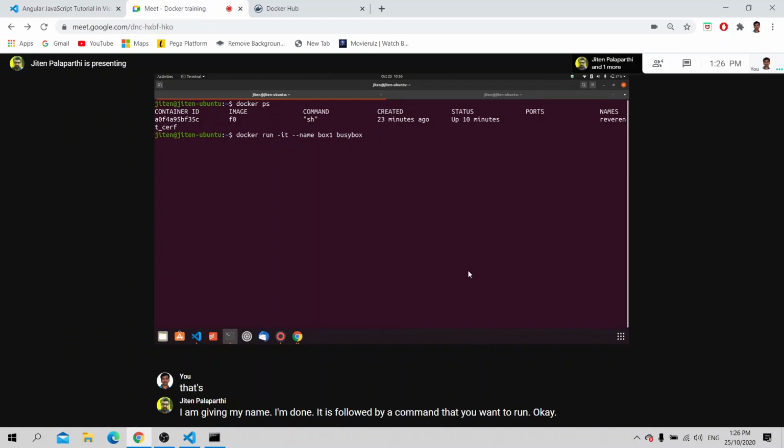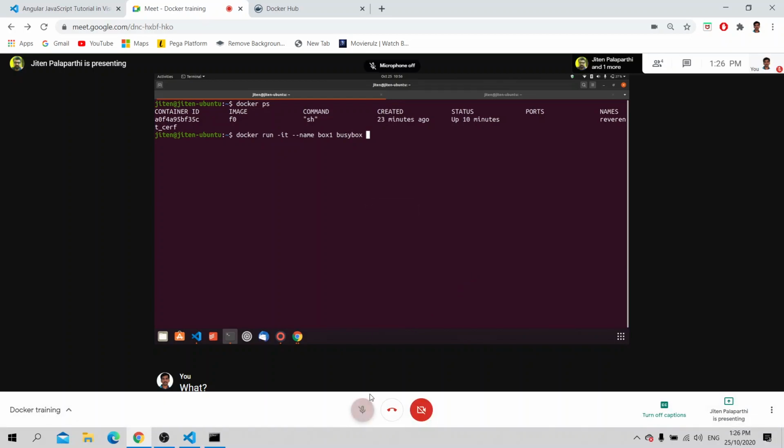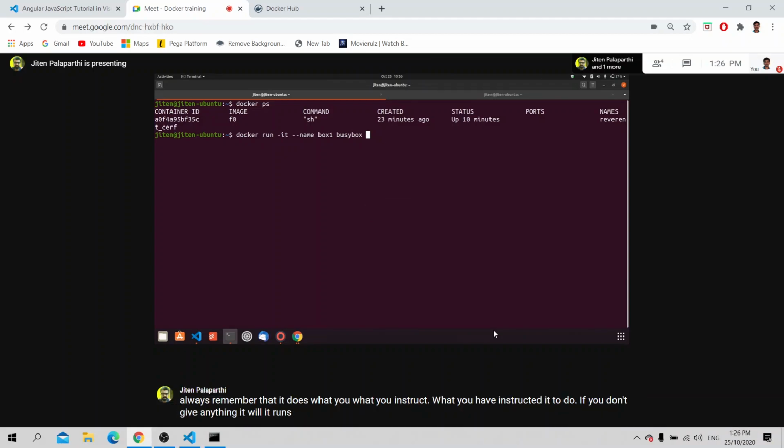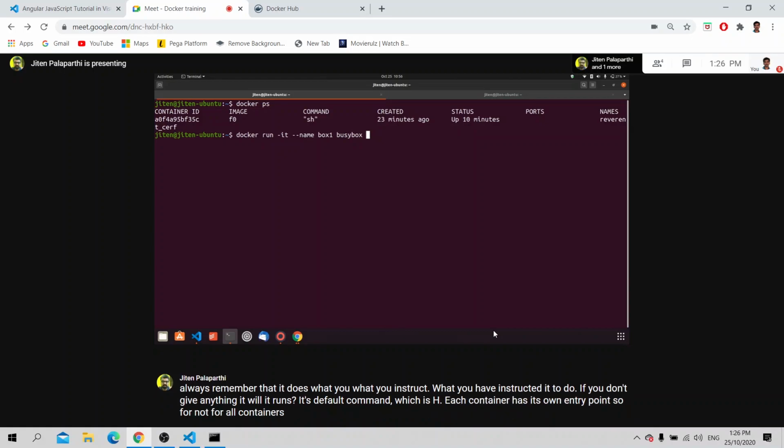Always remember that it does what you have instructed it to do. If you don't give anything, it runs its default command, which is sh. Each container has its own entry point, so not all containers use sh. For this particular BusyBox it uses sh. sh is nothing but a shell, like CMD in Windows.